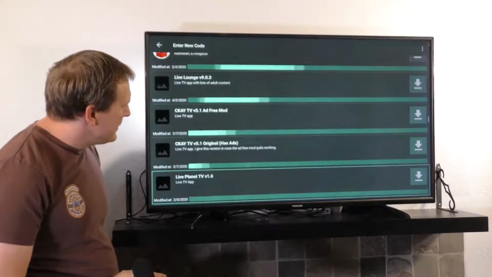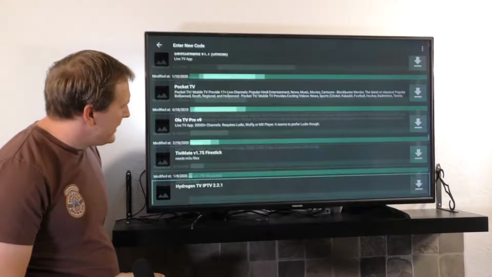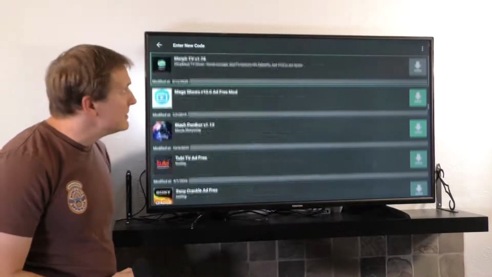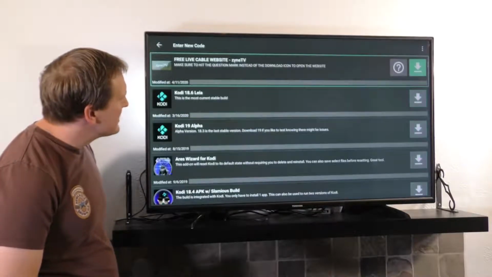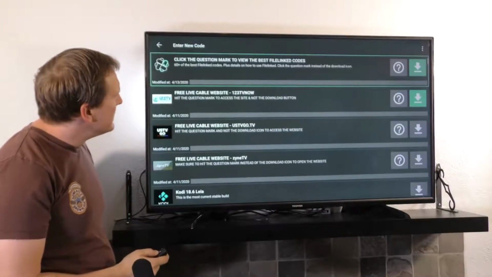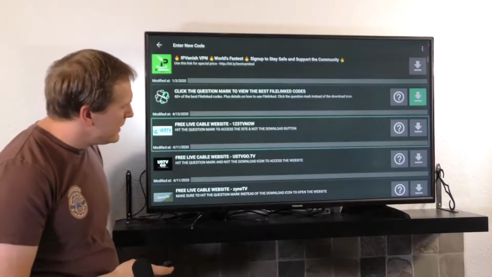Then there's some live TV stuff, and it goes all the way to the bottom. The bottom is just going to be adult content for those of you that might be interested in that, or apps that allow you to access adult content. The top section here is devoted to Kodi, but the main thing that I want to show you in here,